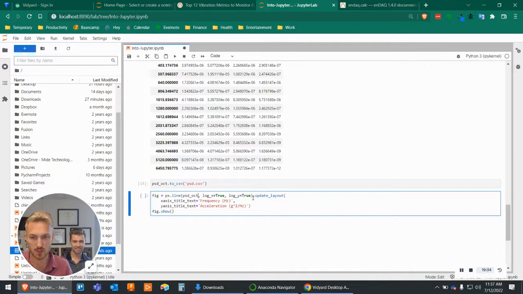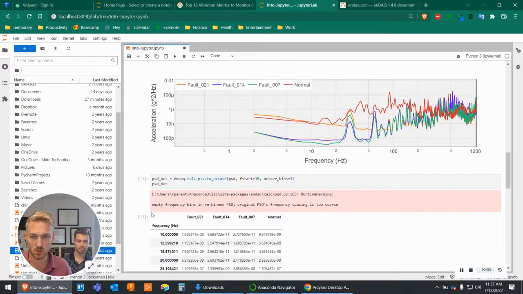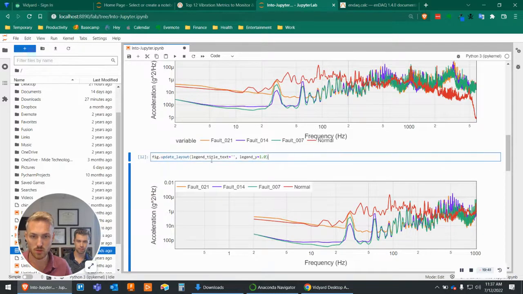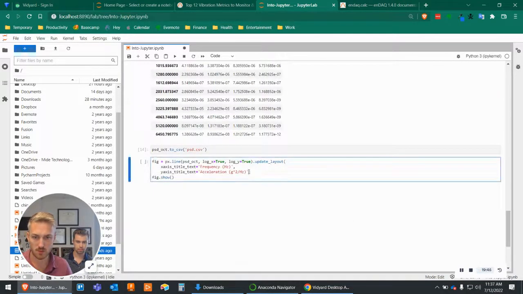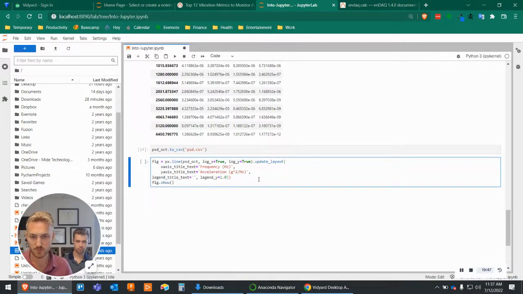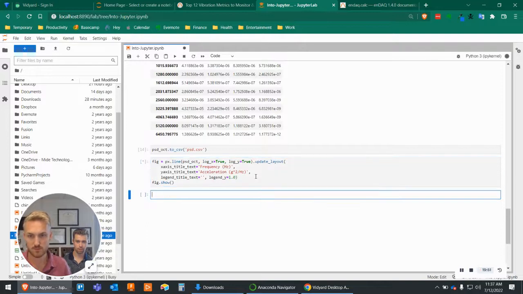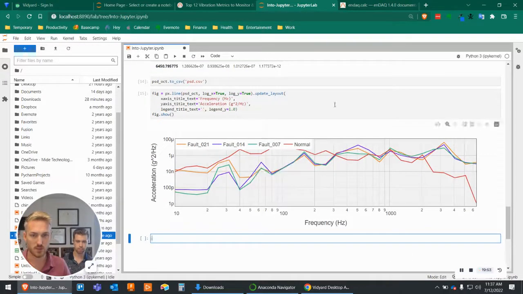So I'm going to pass in PSD oct. I'm also going to change the legend. All right. There's our octave space PSD. Yeah, a little more useful, maybe. A little more useful. It's a little small like this, so one thing I want to do is save this as a